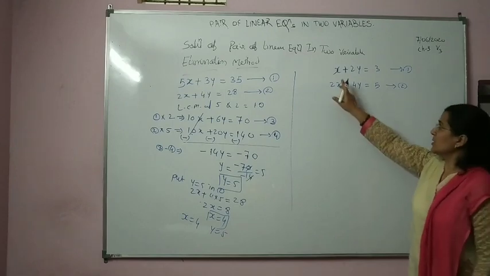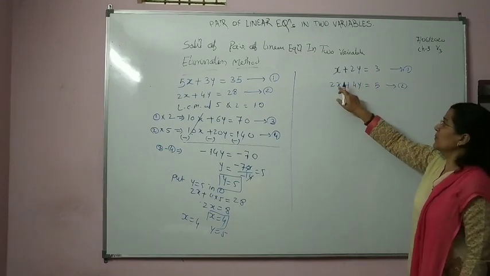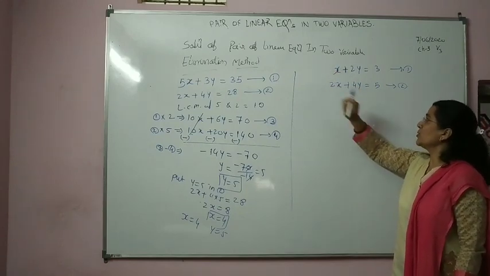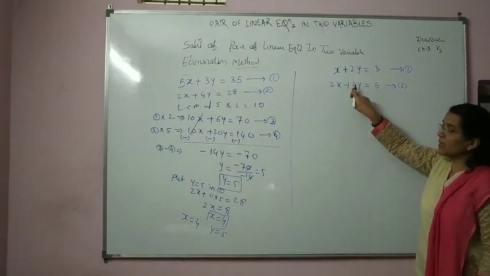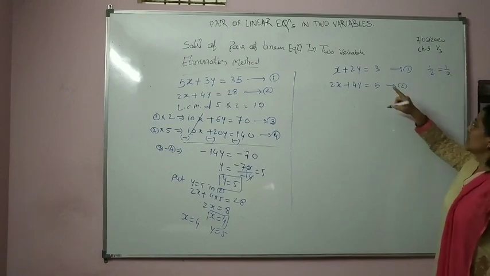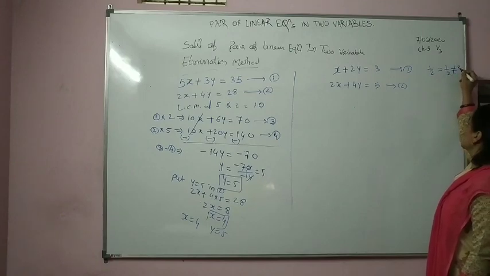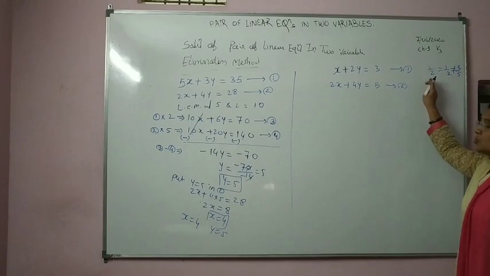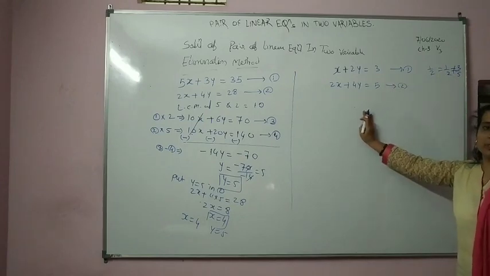Now see here what you are observing. A1 upon A2 is 1 upon 2, the coefficient of x. And B1 upon B2 is 2 by 4, which is again 1 by 2. So 1 by 2 equals 1 by 2. And C1 upon C2 is 3 by 5, which is not equal to 1 by 2. Now which condition is this? That the system has no solution. No solution. Here you cannot find the solution of the equation by